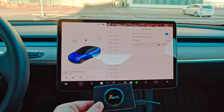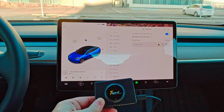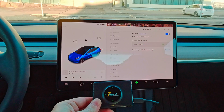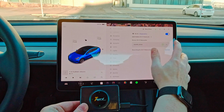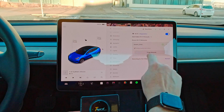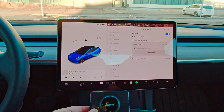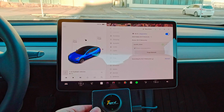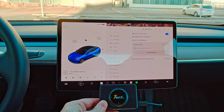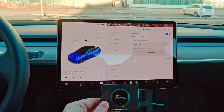Let's see if it connects. Wait for it. Yep, it has connected. And one more thing, we have to make sure that we check the remain connected in drive, so we can use Apple CarPlay while driving. That's really handy, right? So now we're connected to the device, but we have to somehow display the Apple CarPlay